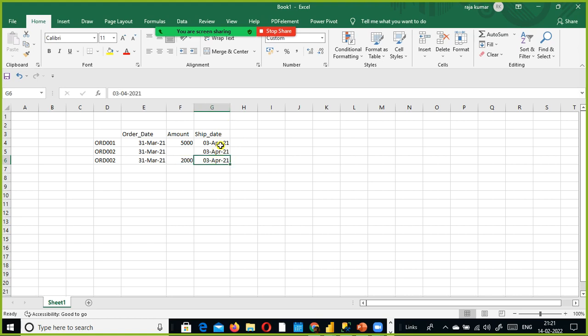But if you filter it here, what will happen on the 3rd April? Yeah, let's say something like this. If you filter it by this ship date, 3rd April, here it is blank, or something else. Sorry, I just confused you. Let's say this way.